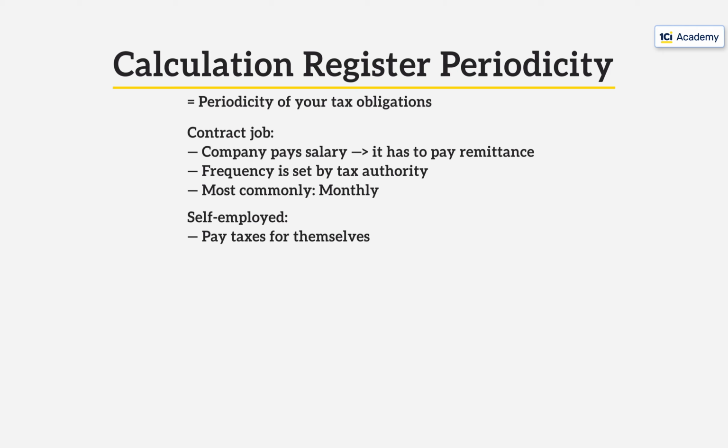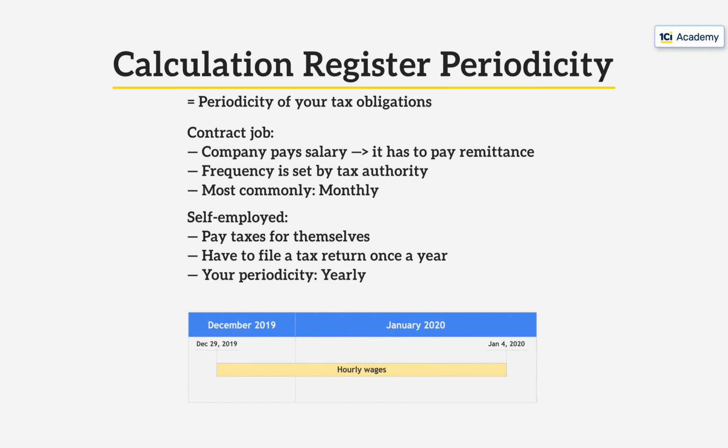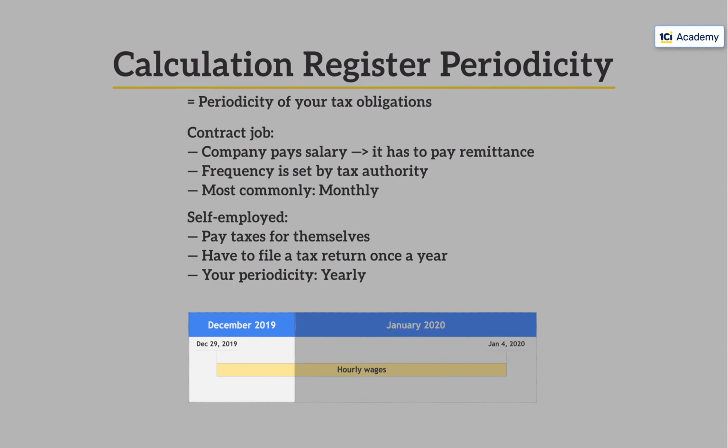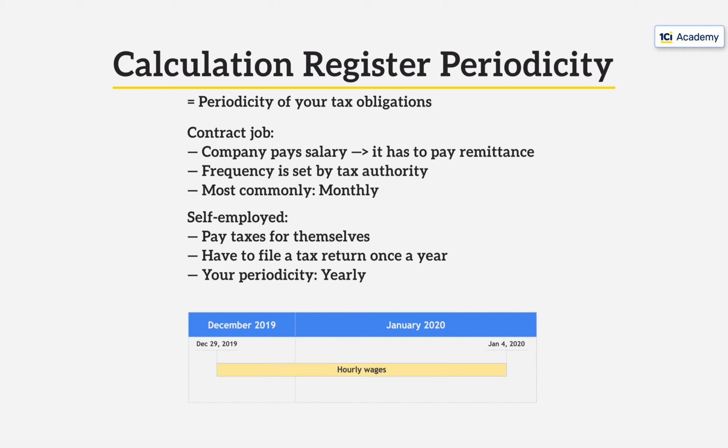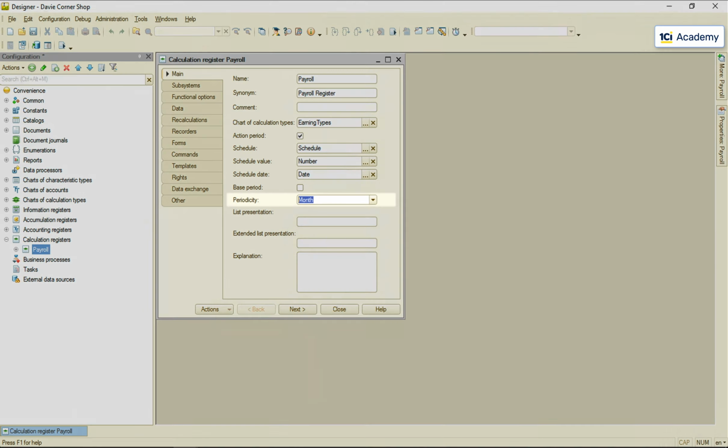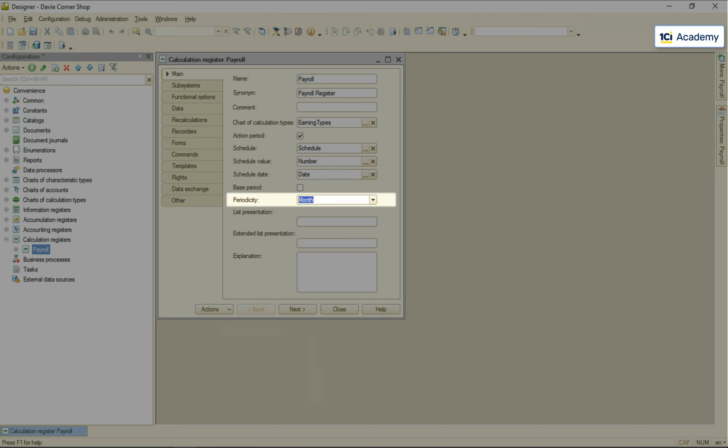In most tax jurisdictions, the tax return is due once a year. So, the register periodicity, in this case, should be set to yearly. Your remittance for a period is calculated as a percent of all earnings during this exact period. If any earning sits between 2 periods, you cannot tell how much exactly was earned in any of these periods. So the remittances become impossible to calculate. This is why you just have to assign each earning to one specific period of time according to the register's periodicity settings. My payroll remittance is due once a month, so the register's periodicity is monthly.